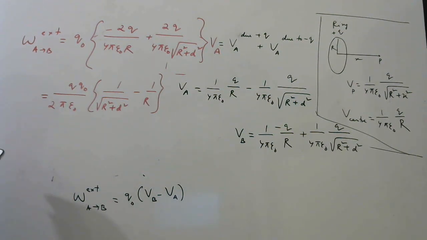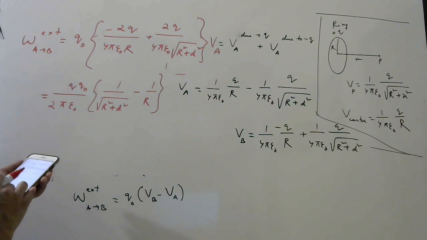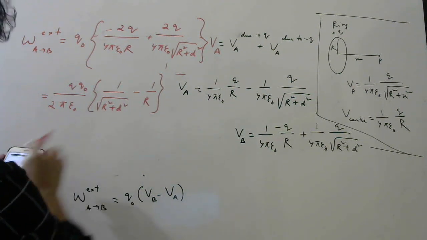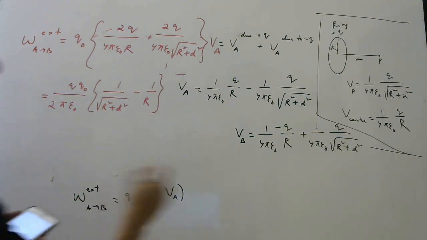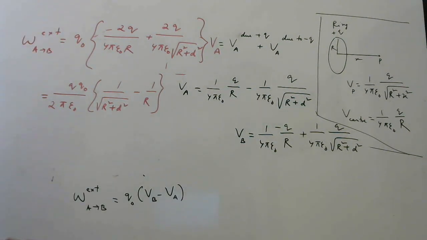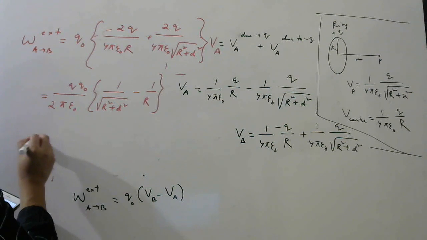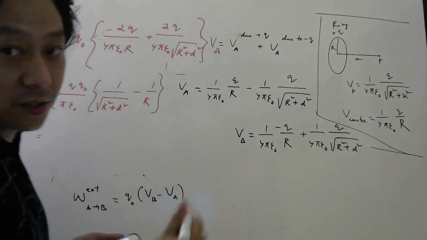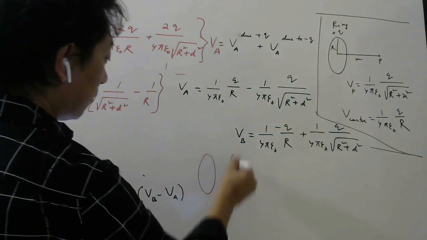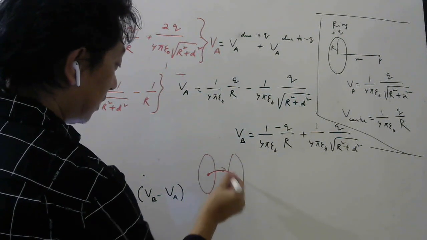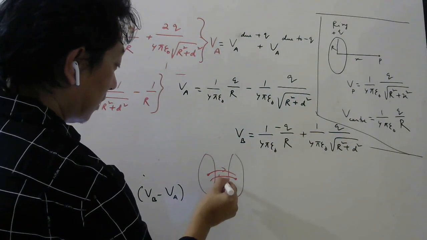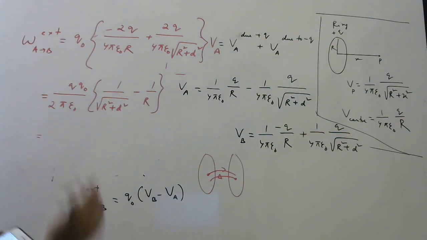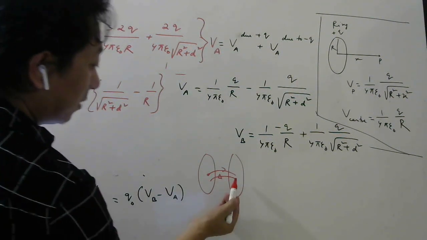So Q naught Q by 2 pi epsilon naught 1 by r minus 1 by r minus 1 by, okay, I have got it reversed, maybe because they did not specify from which point to which point. So I can also write this as, if I take minus common, even that can be the right answer, because in this question they did not tell you from this center to this center or from this center to this center. They have not mentioned. So I did from here to here, probably they wanted from here to here.